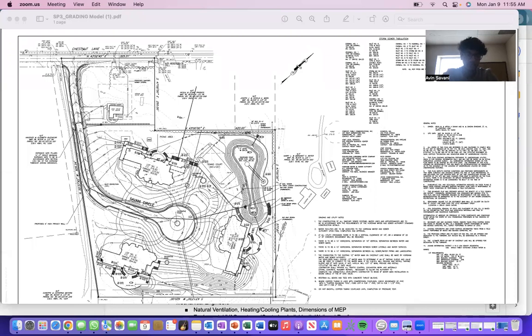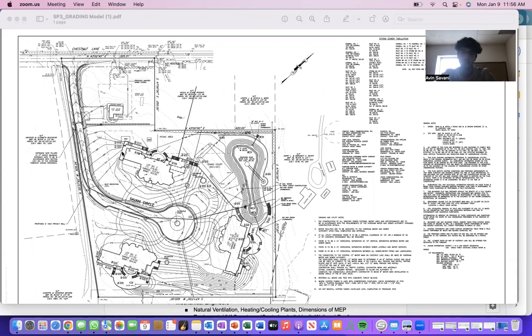So this is a rough grading survey for a single family development. These would be estate size homes. It walks through what the initial design would be if things were constructed.